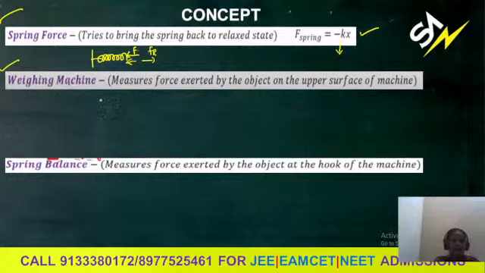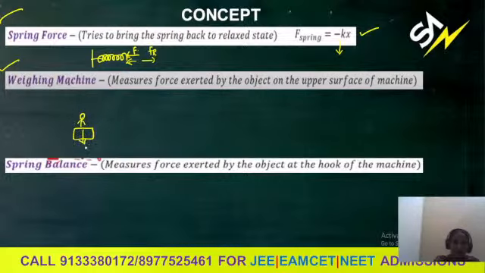Next, the weighing machine, which measures the force experienced by the object on the upper surface of the machine. Let us see. We have the apparatus, which is the weighing machine. Inside the machine, that apparatus measures the weight of the object which is placed on it. Here, if there is a person standing on the weighing machine, it can give